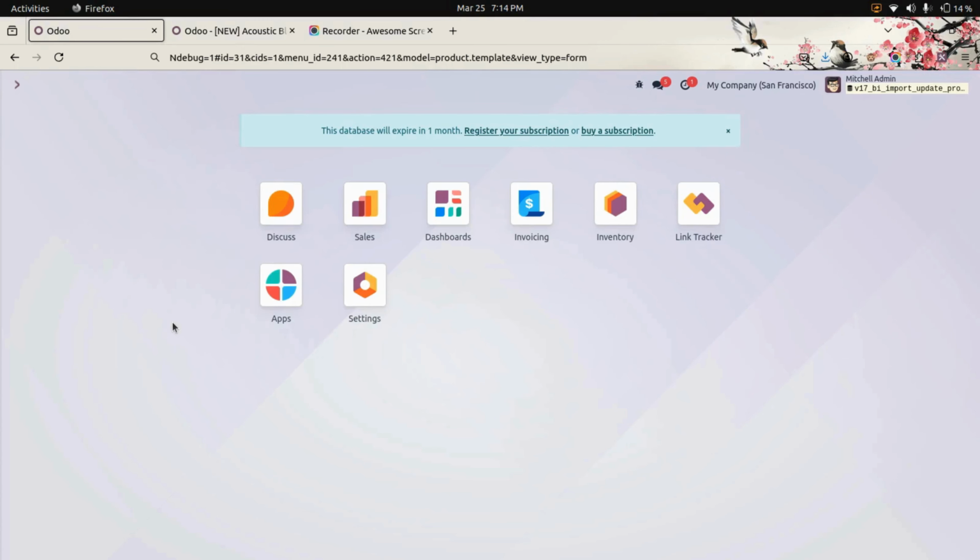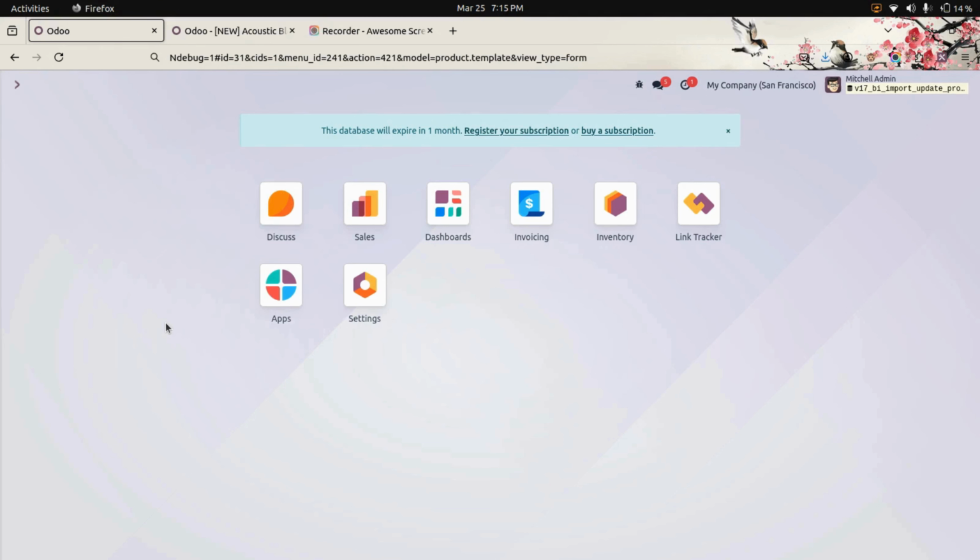Hello everyone. The update product field using an import file module allows users to update product details in bulk using an import file. This functionality helps businesses effectively manage product information by updating key attributes based on the product code, name, or a barcode. With this module, users can save time by automating the product updates instead of making manual